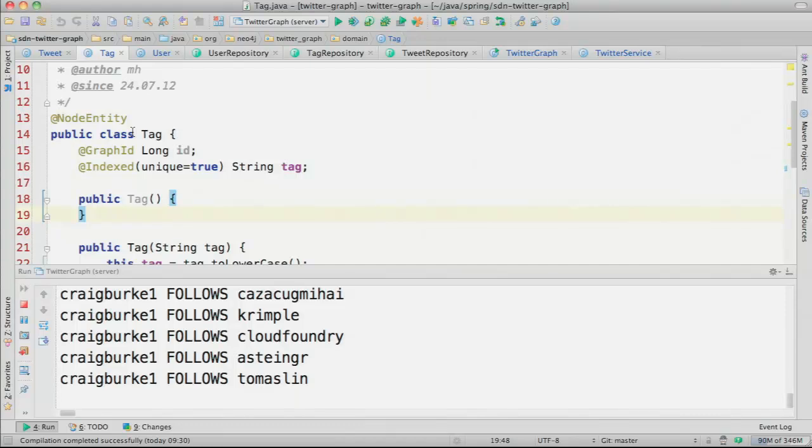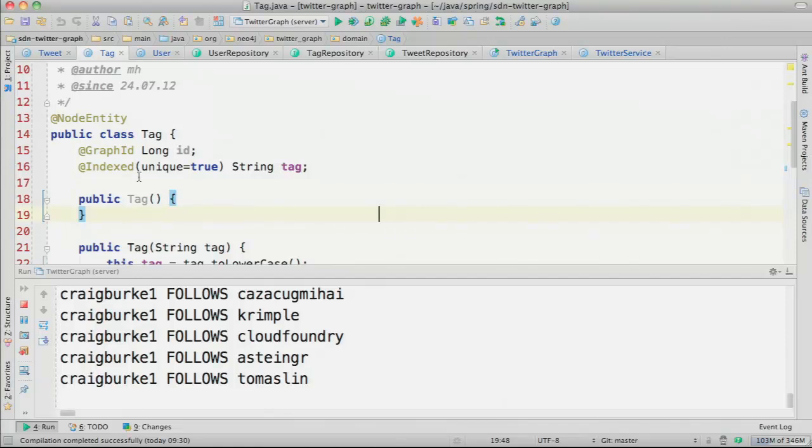The same index name, so they have the first level separation is on the index name, and the second level separation is on the key. So if you specify the same index name for multiple entities, depending on the index, it will either allow it, because then you can actually use something like cross-entity search, or for certain other index types, it doesn't allow it, and then it will fail. So it depends on the index itself.